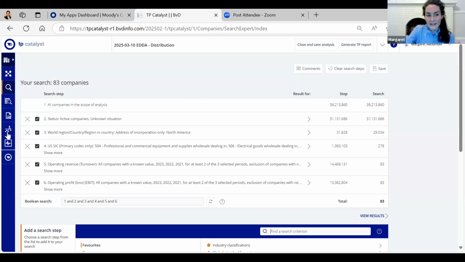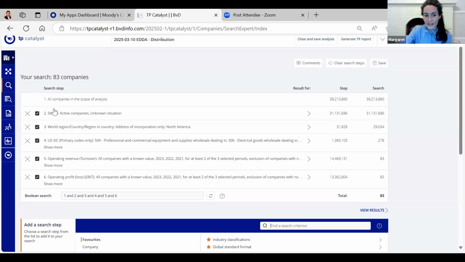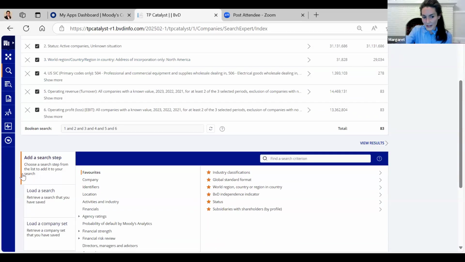So because I've loaded my analysis, you see the navigation pane has expanded, and this will always tell you where you are. I don't know if you guys can see this orange bar right here, but the orange bar will always tell you where you are. So right now we're on the search page, and if you scroll down, we're at add a search step. I could pick load a search or load a set, but because the orange bar is here, I know that I'm at add a search. And within the add a search step, I'm in my favorites in my group of search steps. These are the favorites that I have starred.